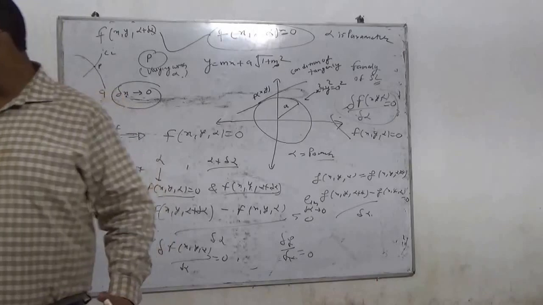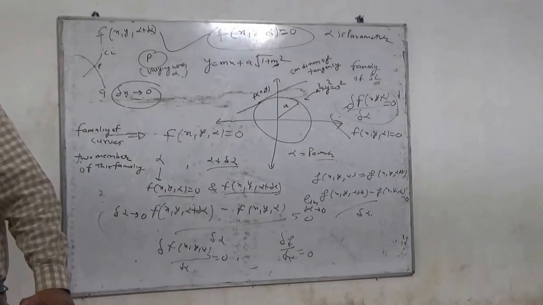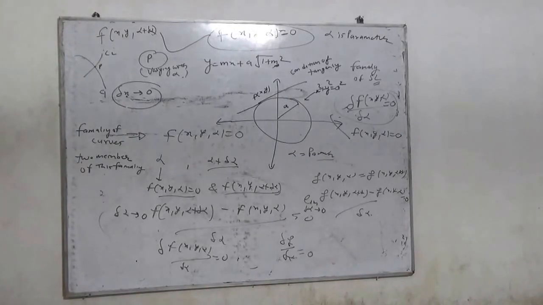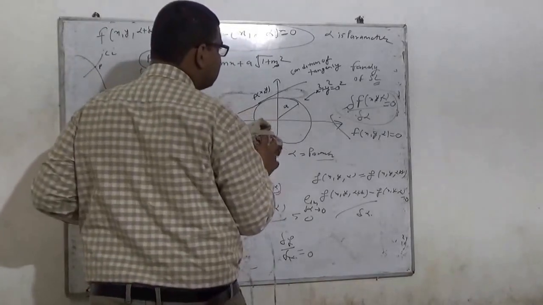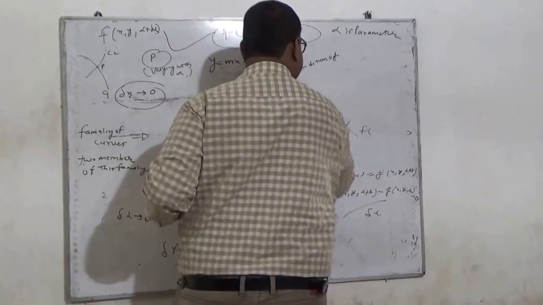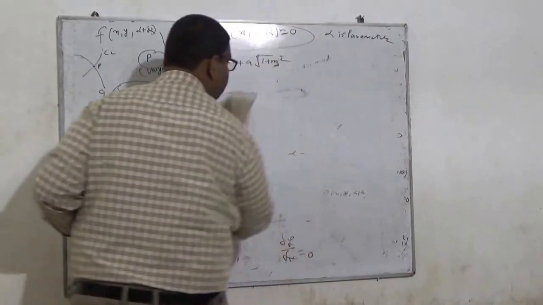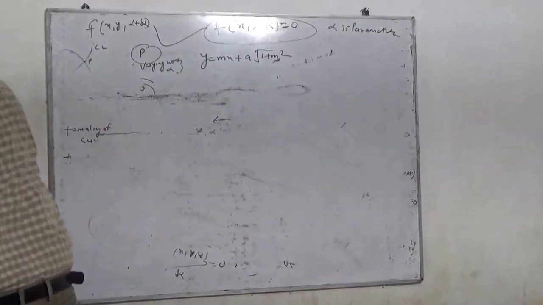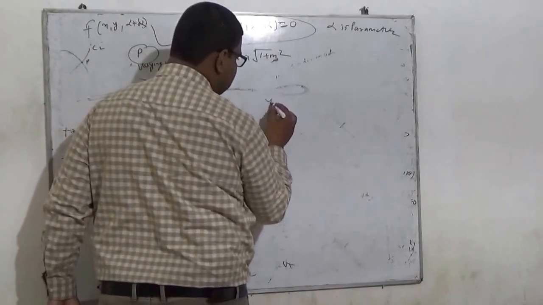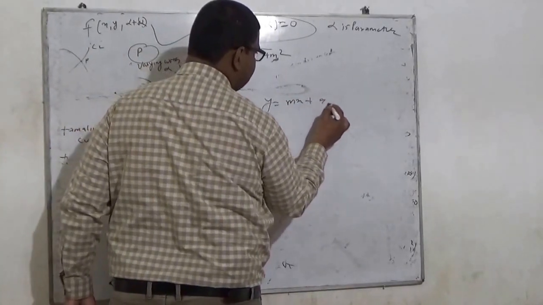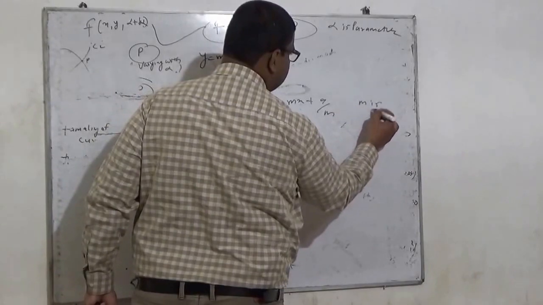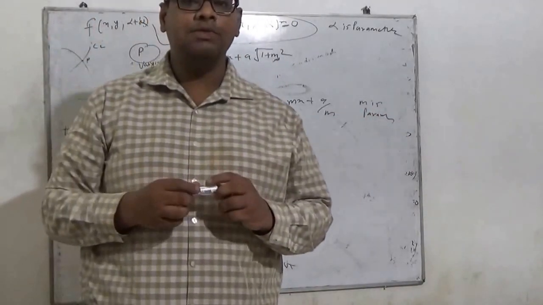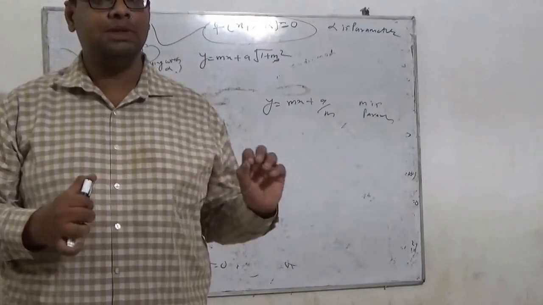Okay, we can see an example also. So let's see the example here, so that we can better understand by the illustration. Let's suppose we are given y is equal to mx plus a by m, where m is the parameter. Let's suppose this is the given family of straight lines, and we have to find the equation of the envelope,